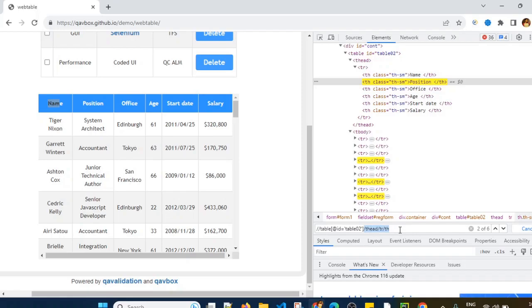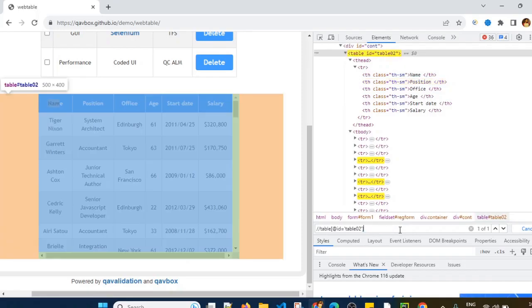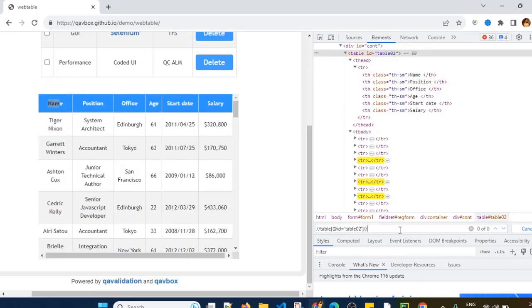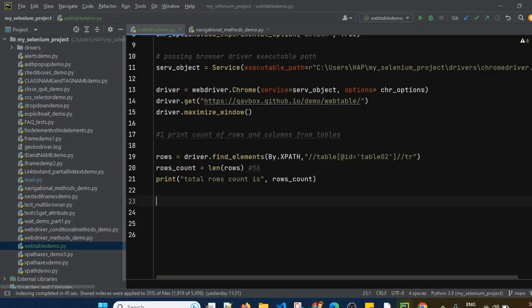Anyone can be used. After identifying the table, if I directly put 2 times / and TH, it will do the same thing. It will directly jump to TH tags. If you use 2 /, it will skip the middle tags. So I am just using this XPath to find the number of columns.